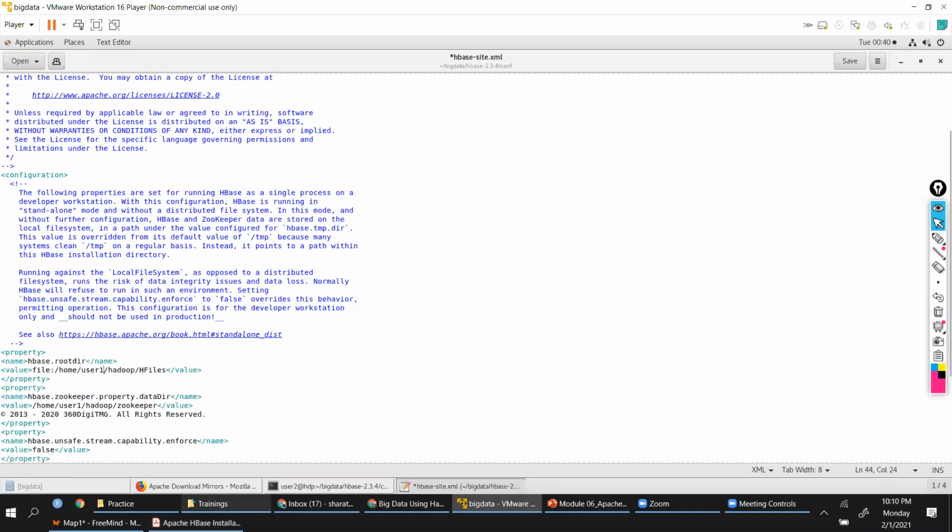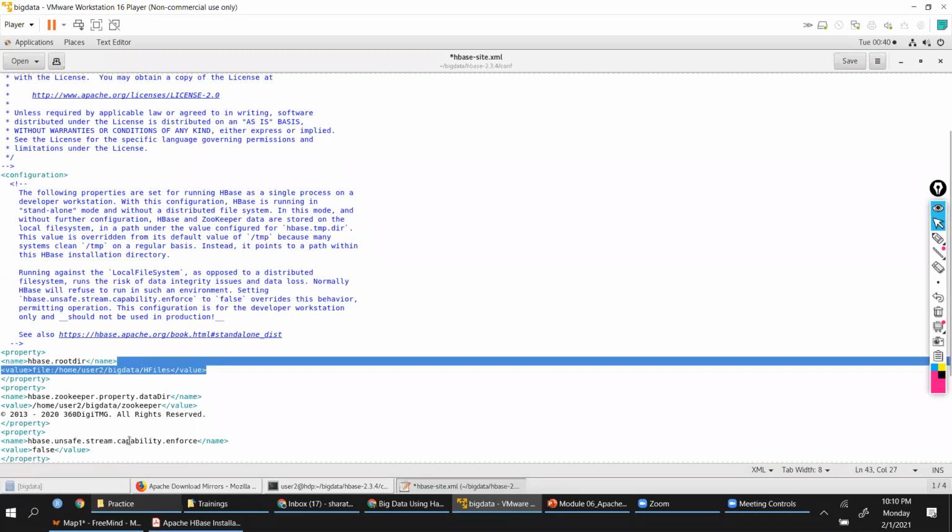And we are going to change this to the appropriate value. This is the big data folder. And this is also the Zookeeper location, where we are saying it is also going to be inside your big data folder.